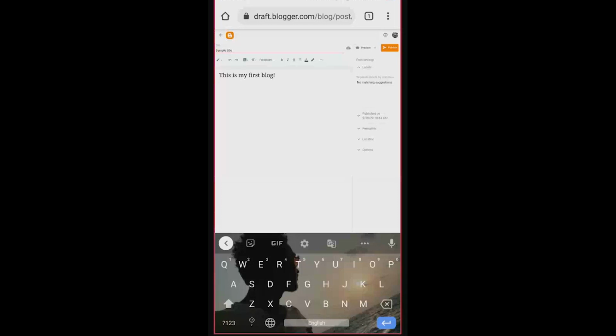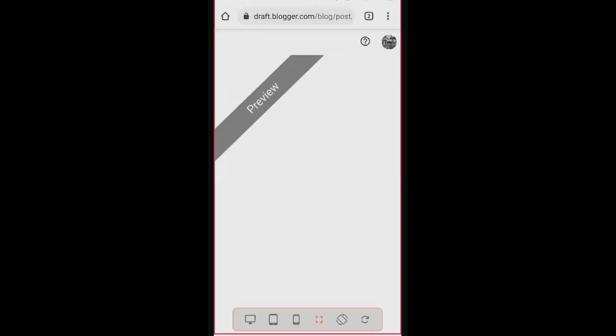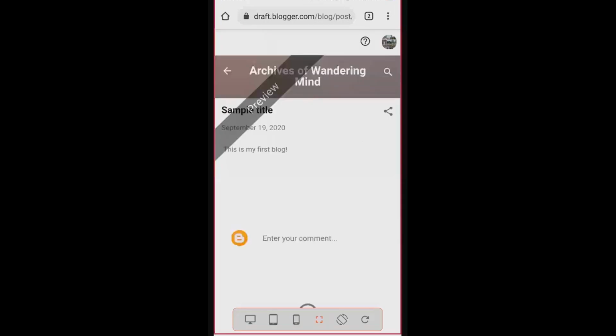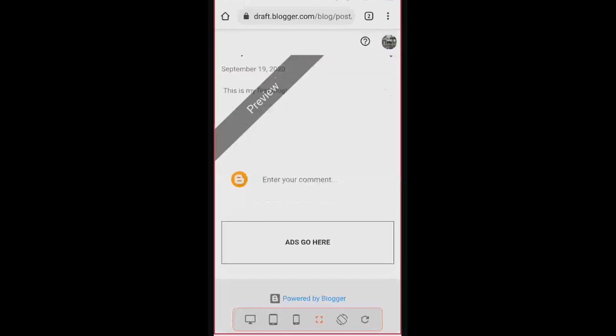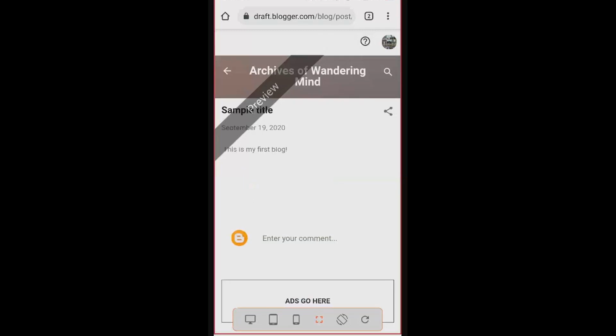Okay, that's it. When you preview it, it shows you how your blog article would look. And ads go here. If you activate your AdSense, the ads will be shown in this box. As the number of users increases, your commercialization increases, and then you can get money. But remember, it's not the money that you expect to see. You need to have a very large number of viewers to make money that's accountable.